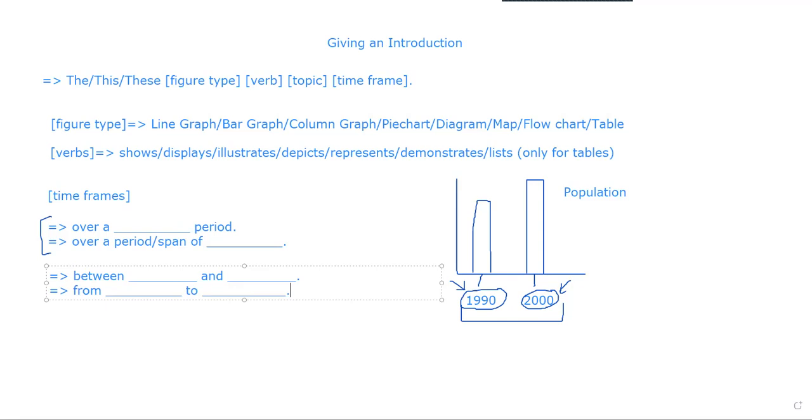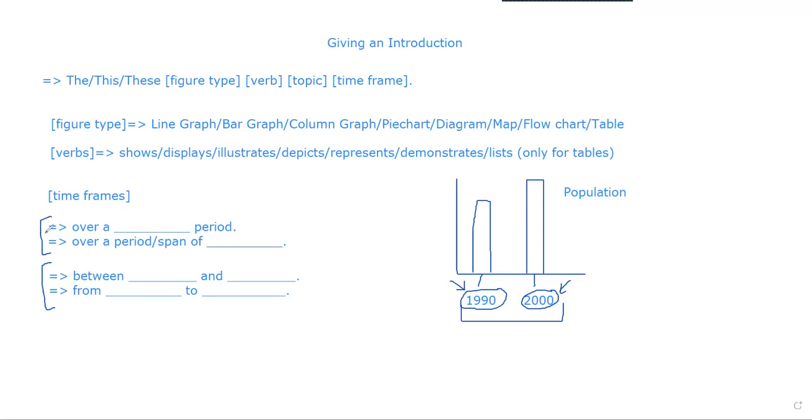So this is the second strategy that you can use to talk about the time frame if provided in the question, যদি প্রশ্নে দেওয়া থাকে, otherwise আমরা নিজেরা তো আর বানিয়ে কিছু লিখতে পারবো না।